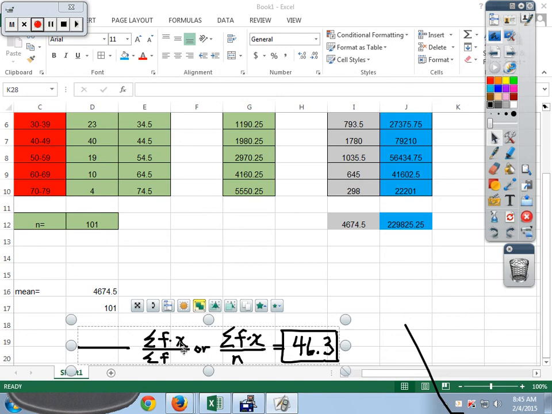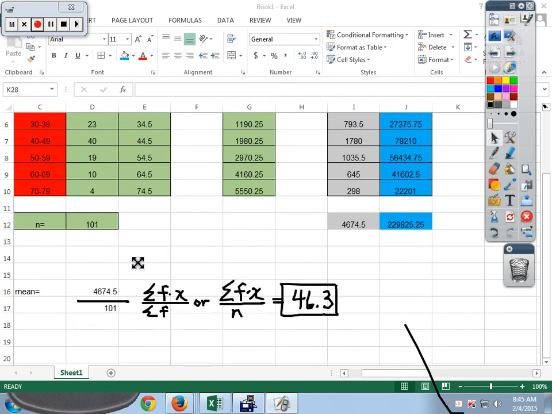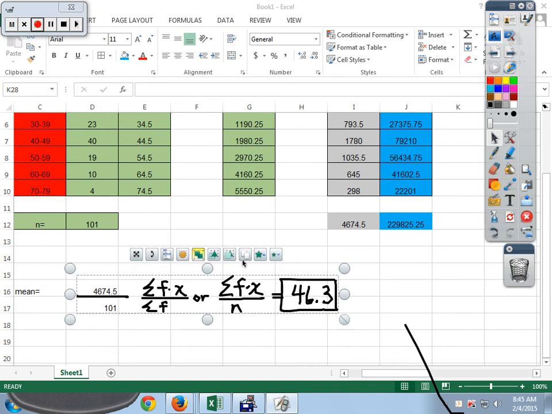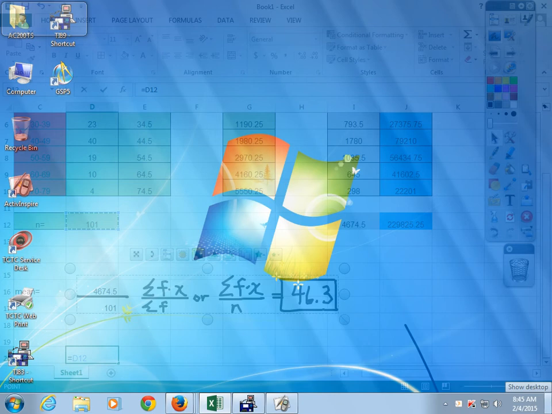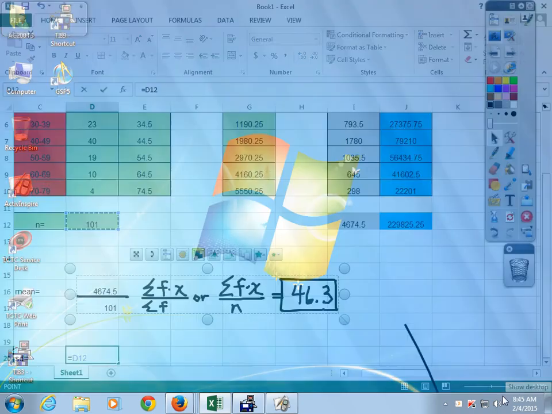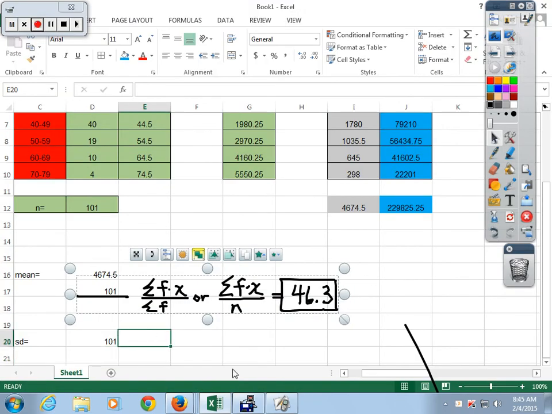I don't think I'm going to have enough room. Okay, I'll just go right here and we'll just keep on moving down. Alright, standard deviation is going to be equal to, and n is this number right here. And there we go. Times,